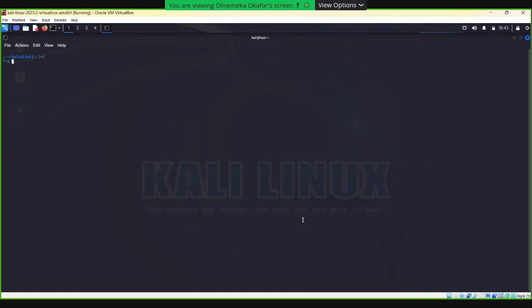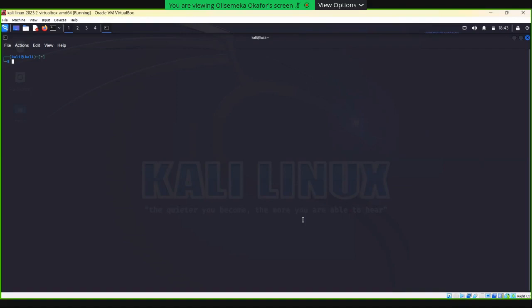Now, today we're going to talk about Kali Linux. Kali Linux is a very useful operating system. It has many functionalities that help cybersecurity experts carry out their operations. And understanding Linux systems generally is a very good way to get a grasp of other operating systems and how computers work.